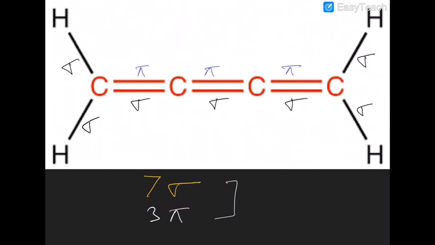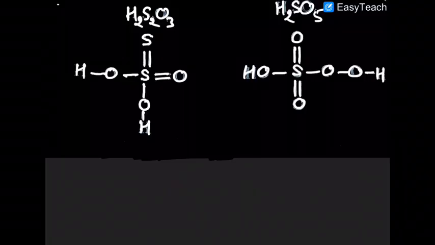That is how you would calculate the sigma and pi bonds. Here in this case, what is the compound name? The compound name is but-1,2,3-triene. If this is the name of the compound, then how would you do that? This type of compound is also called cumulenes. What are they called? Cumulenes.